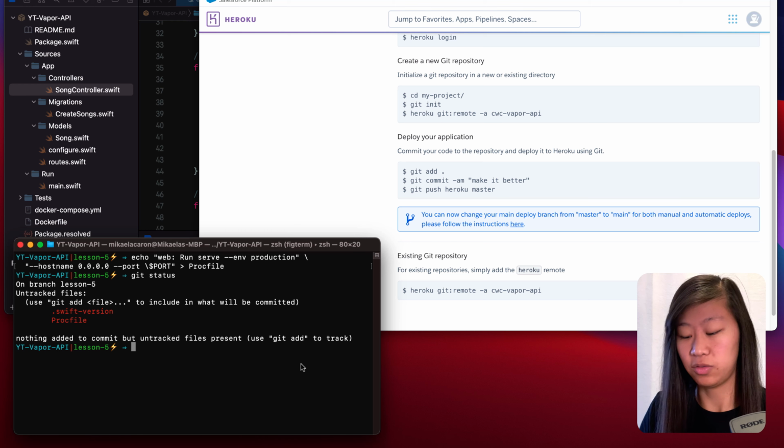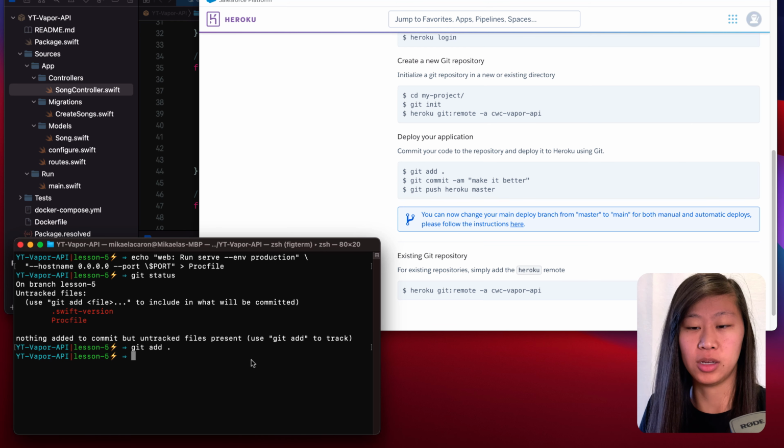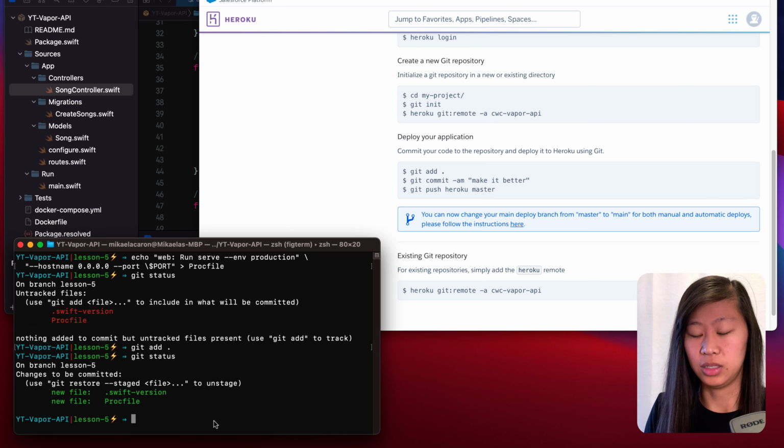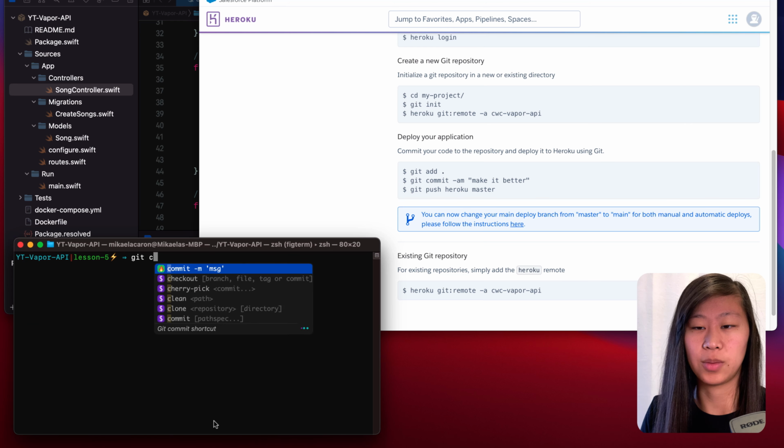So we want to commit these files because they have to be there when we deploy everything. So let's type git add, and that will add our two files. If we hit enter and type git status again, we can see it changed from untracked files to changes to be committed. And let's go ahead and commit these. So we'll just type git commit